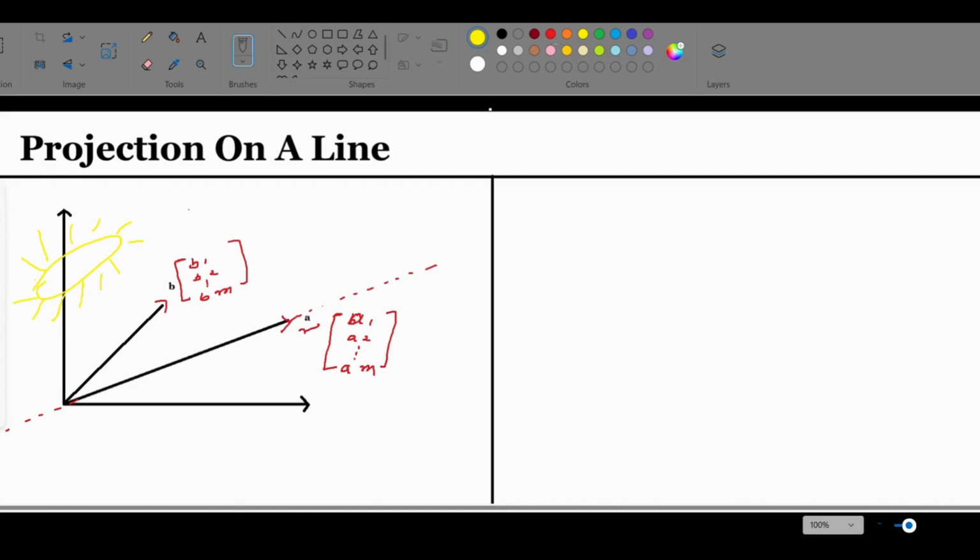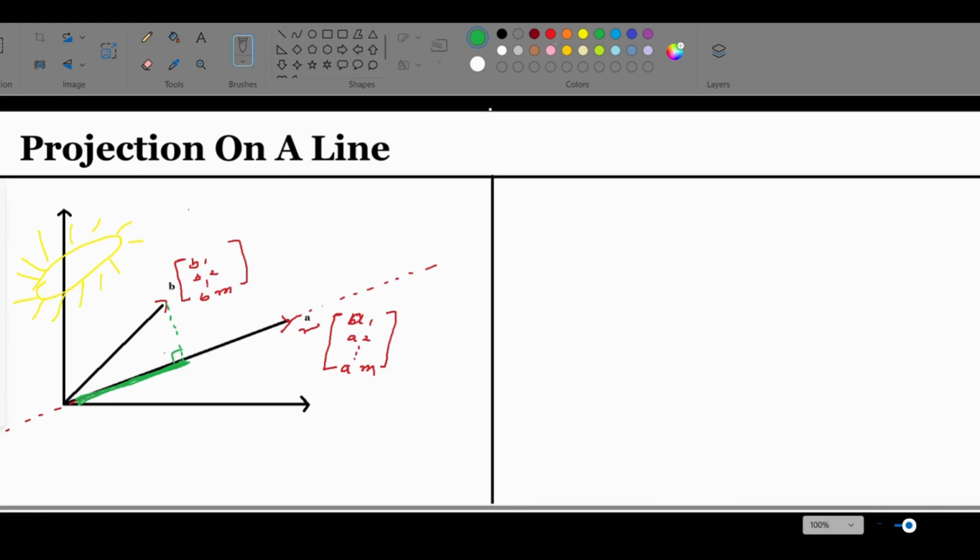In nature too, you may have noticed that whenever a light source is directly above an object, a shadow of this kind gets formed. Let me represent this shadow with the color green. Okay. Now what you'll see is that this line is basically the shadow of B,